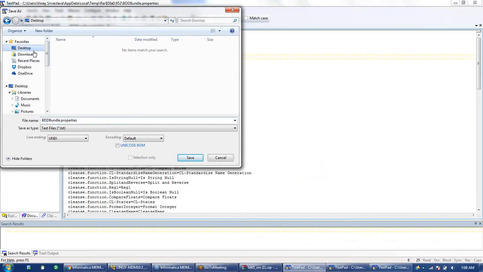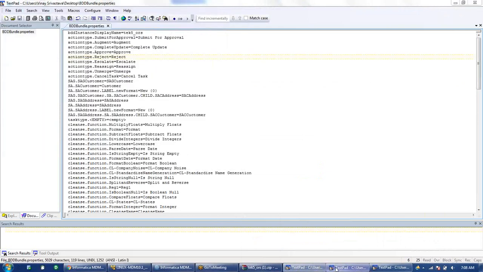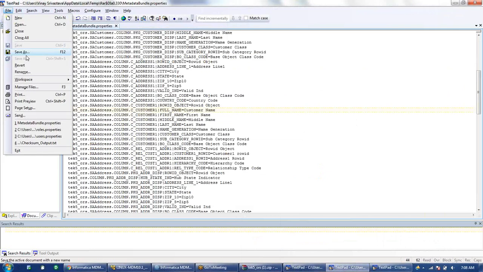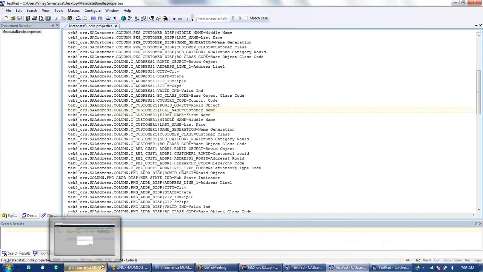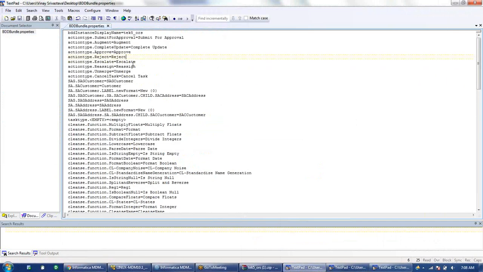Okay, so I'll just import these files. I will import this bdd bundle.properties where we have made this change. I have made this change from SA customer to customer.